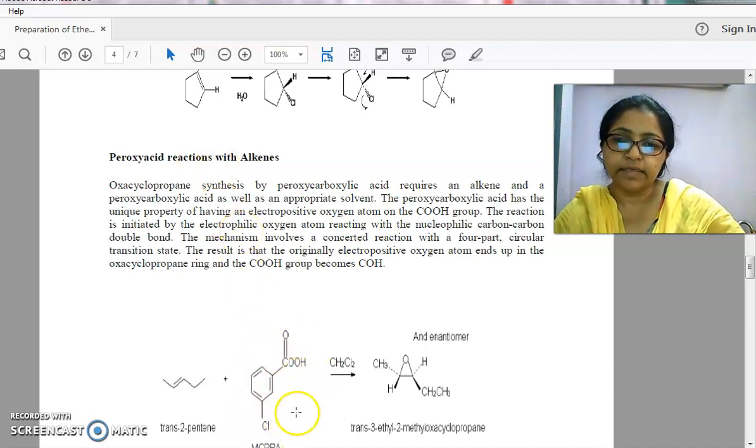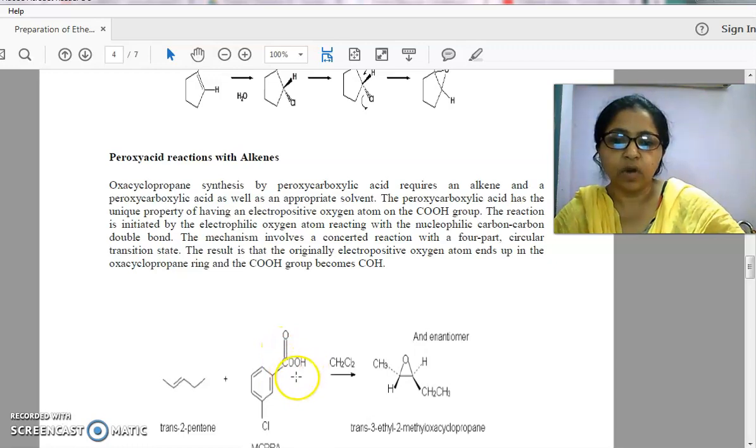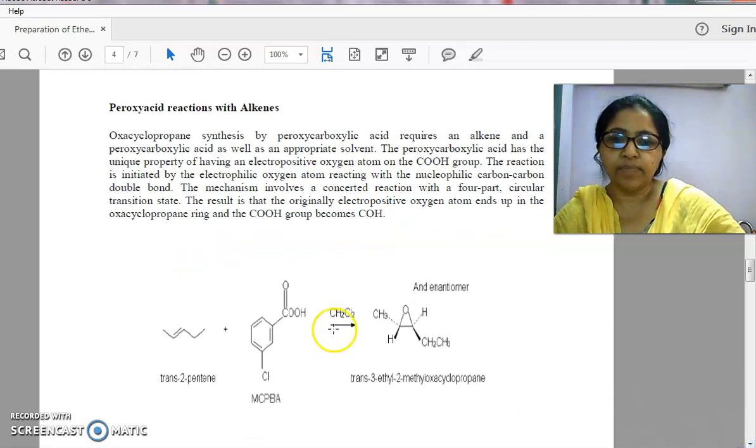When you have an acid, which has COOH, and you have one more oxygen than the actual number, that is a peroxy acid. So here COO means C doubly bonded to O, and OH is a normal acid. Now when you have an O-O bond, you call it a peroxy bond. Okay, so here it is meta-chloroperoxybenzoic acid. It is meta, the 3 position, benzoic acid, because it is a benzoic acid with an excess